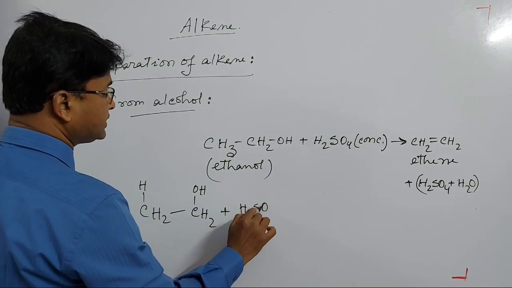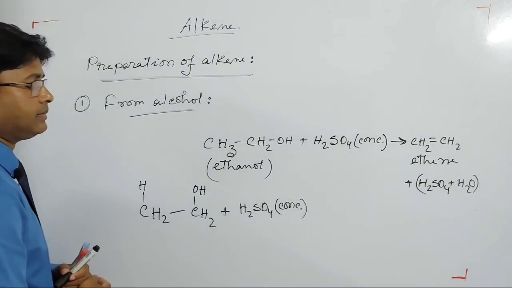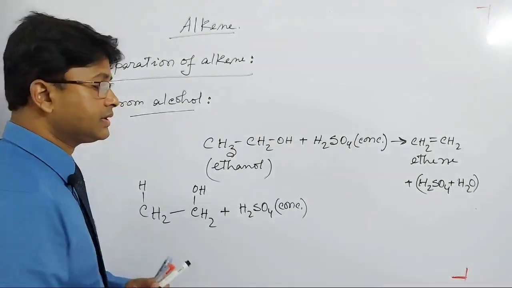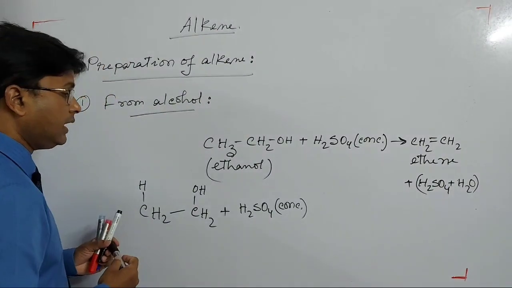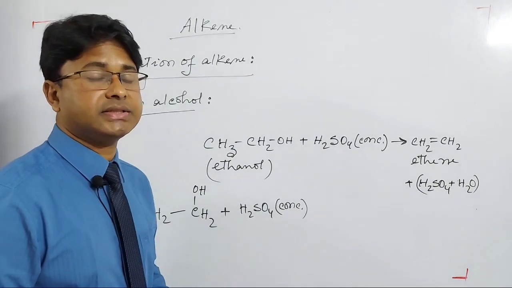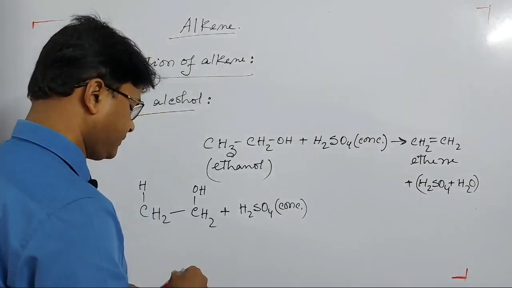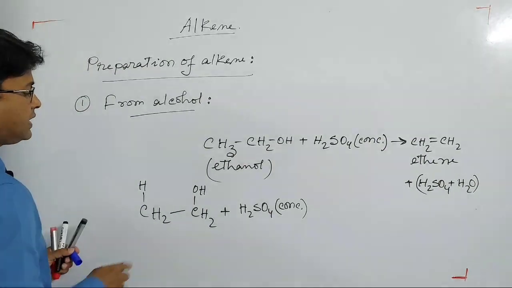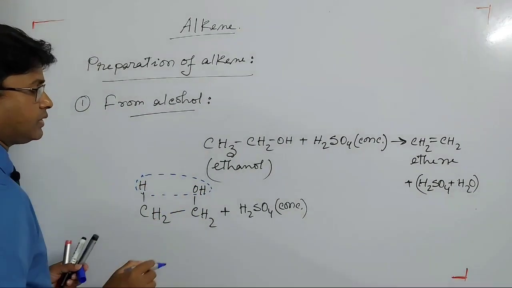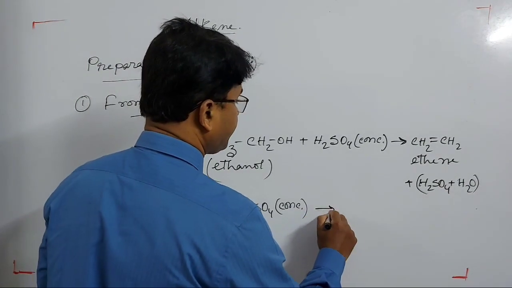Dear learners, you know that in an aqueous solution, when the amount of sulfuric acid is higher than that of water, then it is known as concentrated sulfuric acid. And you know that concentrated sulfuric acid is a dehydrating agent. It means concentrated sulfuric acid absorbs water from another substance, and here this hydrogen atom combines with the OH group to produce water, and this water is absorbed by concentrated sulfuric acid. So I can write here